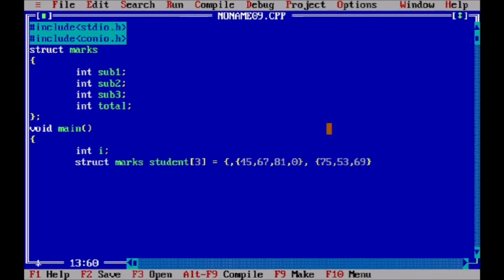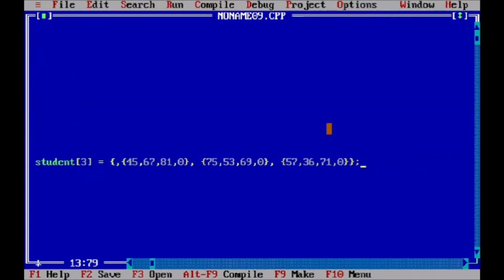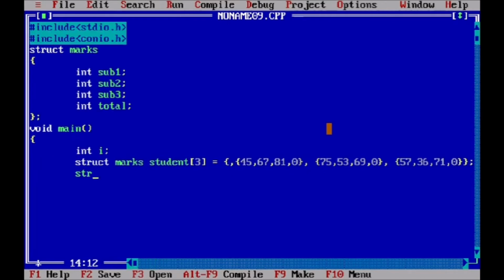Right now we are assigning a value of 0. So we are giving marks 45, 67, 81 and 0 for student 1, 75, 53, 69, 0 for student 2, then 57, 36, 71 and 0 for student 3. So this is the declaration of the structure array and initialization of its values.